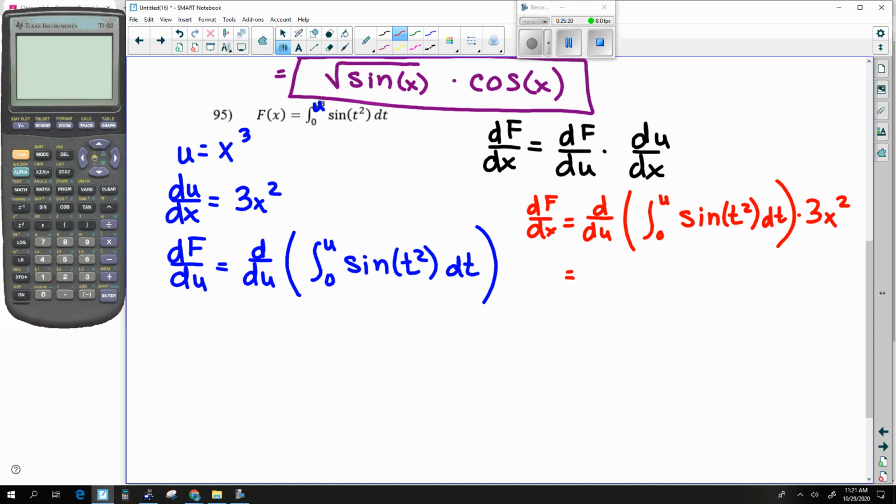Do the basic substitution. So this is going to be sine u squared times 3x squared. u is x to the third, so this is x to the third squared. Okay, so that's going to be x to the sixth. Now multiply. So this is sine x to the sixth times 3x squared, which usually goes up